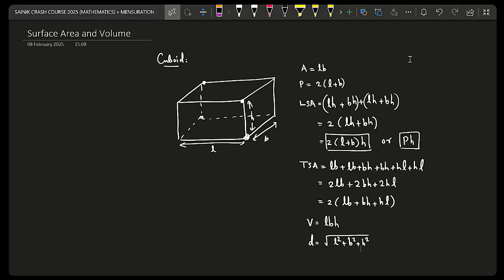Okay, sir. So this diagonal length is equal to square root of L square plus B square plus H square. That can be proved with the help of the Pythagoras theorem. We are not discussing it now, but you just remember the formula, that is enough. Okay. Sure. And next,